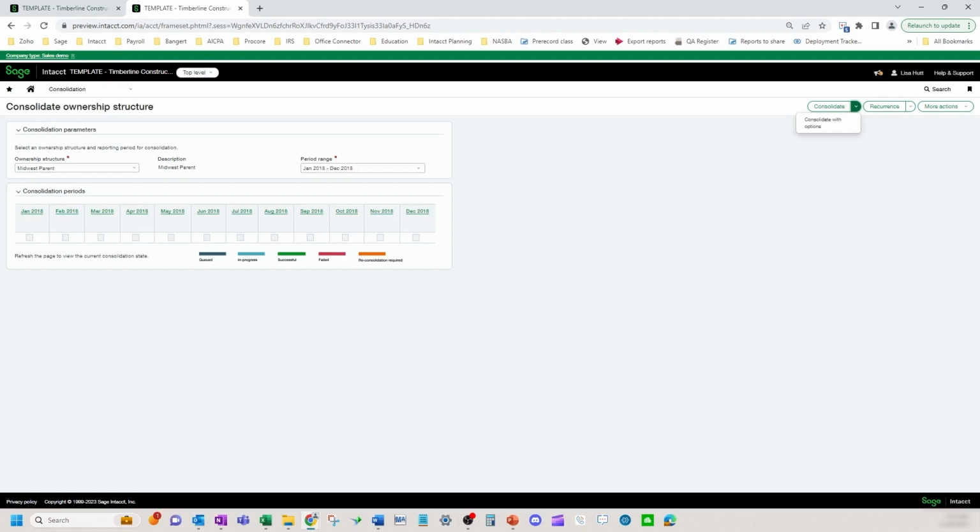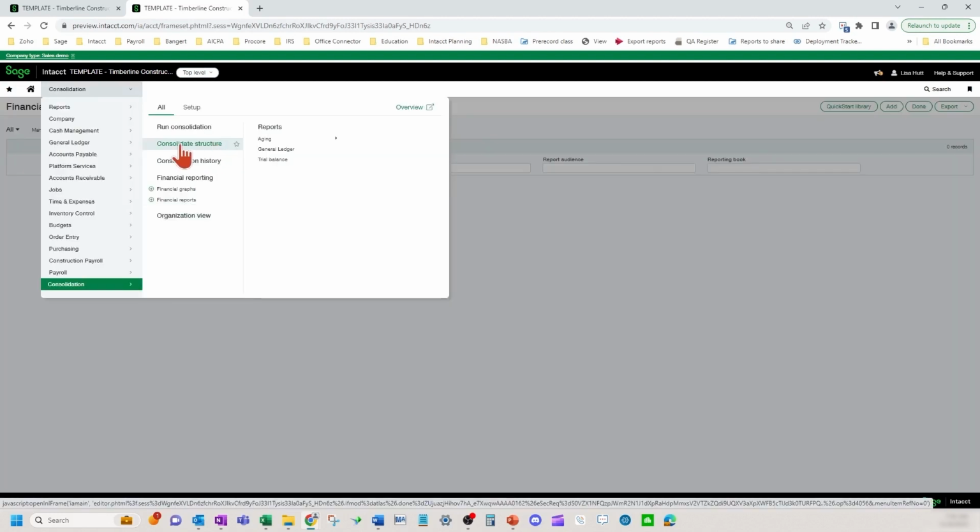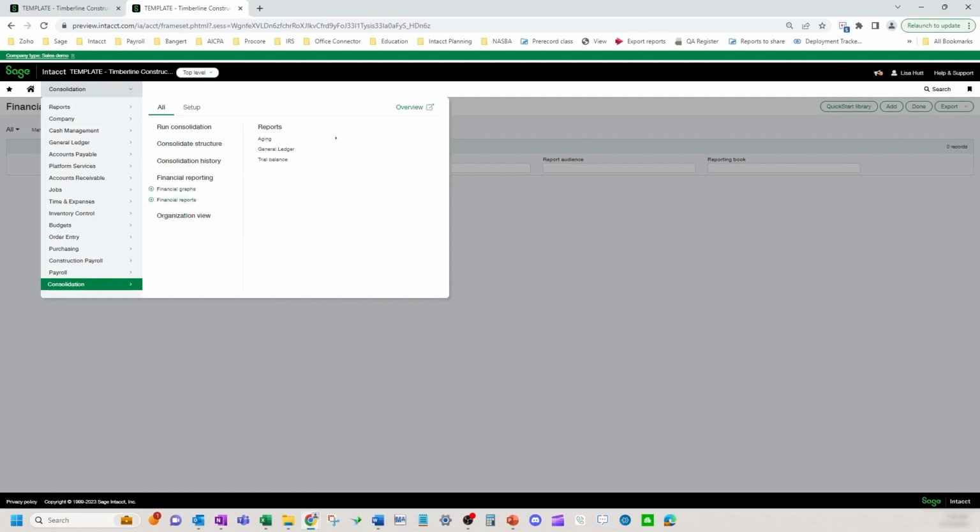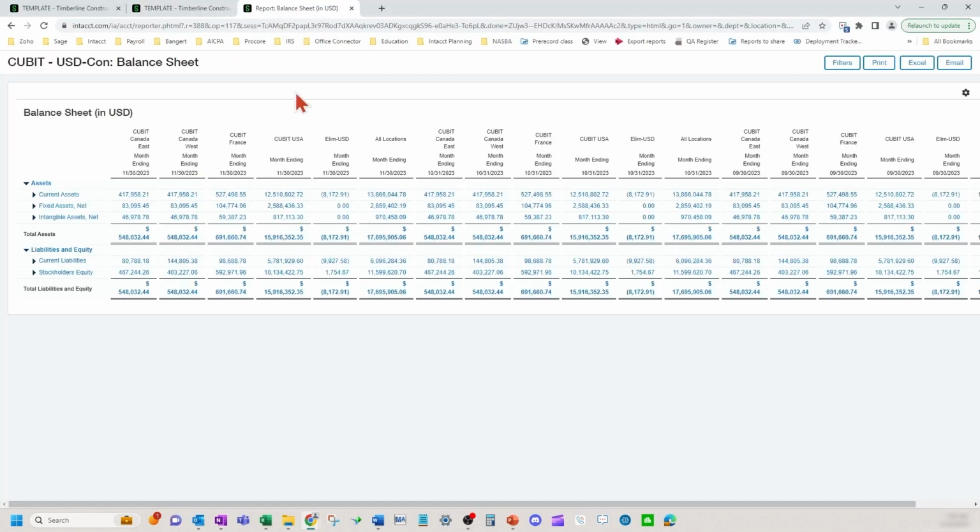eliminations. Now, something to note, this is the consolidation method. This is not the equity method. They do have that roadmap to get the equity method in place, but this is the consolidation method of accounting. And then once you run your consolidation feature here, you can run your financial reports just like you would in the domestic and global, so it looks something like this when you're done. Okay, so you've got your entities, your different roll-ups, your different holding companies, your eliminations that would automatically be created, and your total, for example, consolidating balance sheet there.